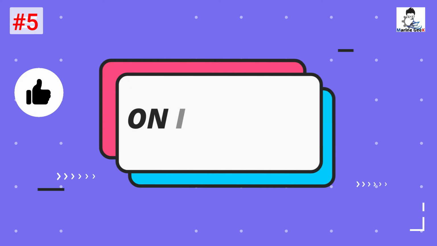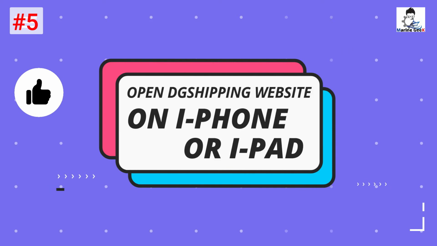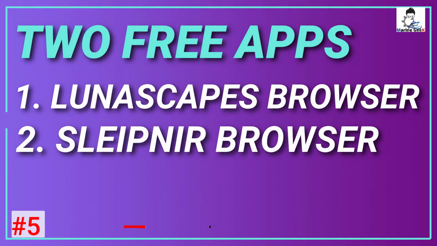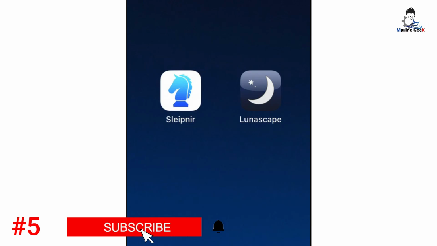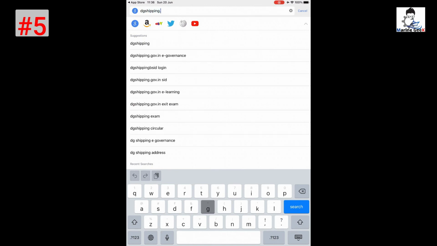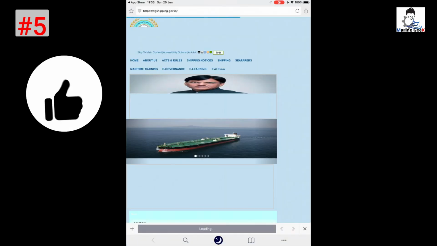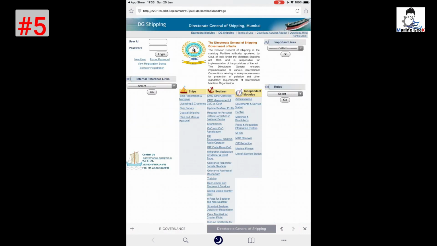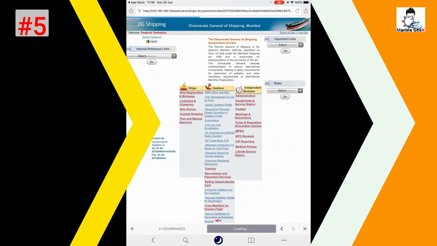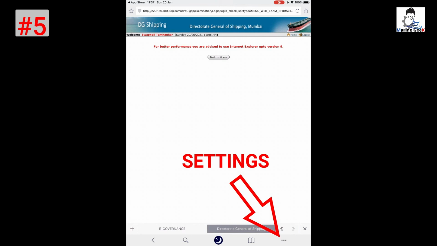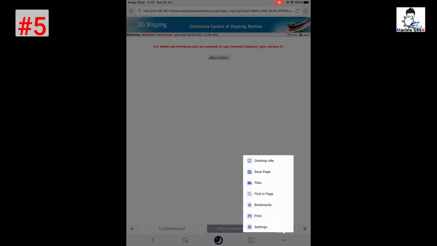So let's talk on the next query, that is how to open the DG Shipping website on an iPhone or an iPad. I got 2 free apps, Lunascape and Sleipnir browsers, and they are freely available on the App Store. So let's go to the Lunascape first, and then once you come inside the DG Shipping website, you log in and you click on update seafarer profile, and you can see the error that it requires Internet Explorer 9.